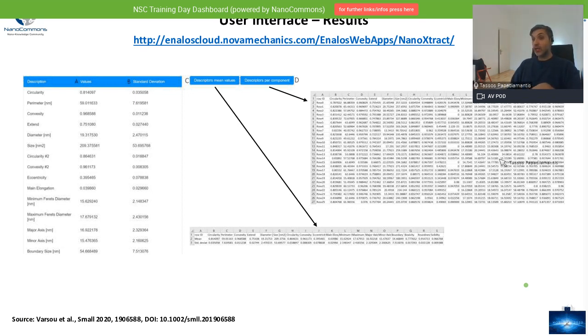But you can also download the results on a nanomaterial-per-nanomaterial basis. This will give you the values that have been calculated for all the nanomaterials separately, which you can download and then play with, doing your own calculations. If you have not been able to remove an artifact, you can identify it, remove it, and run the averages again, and then get the results.